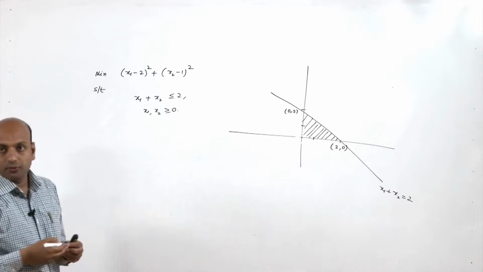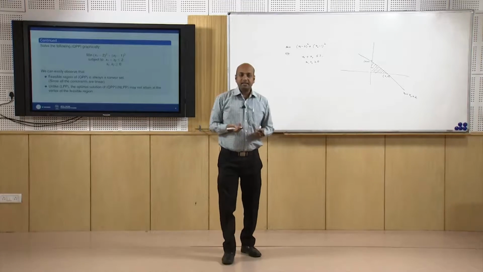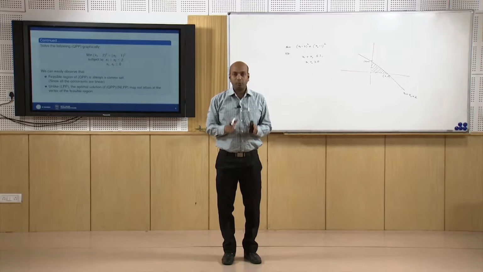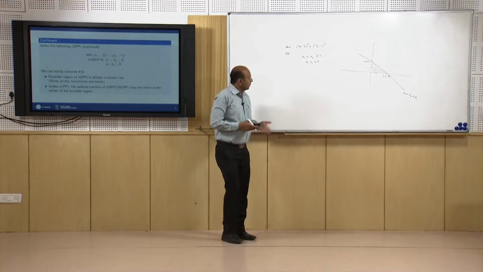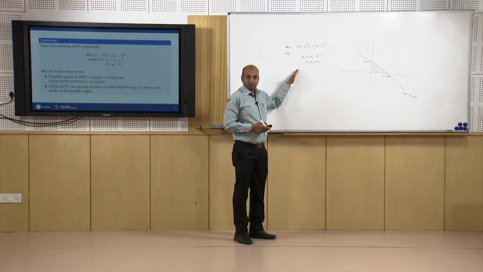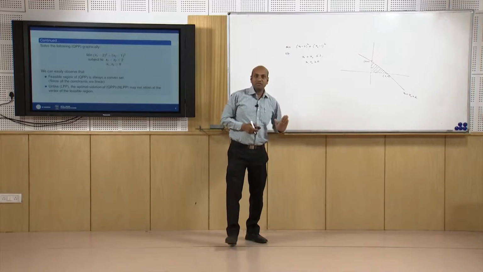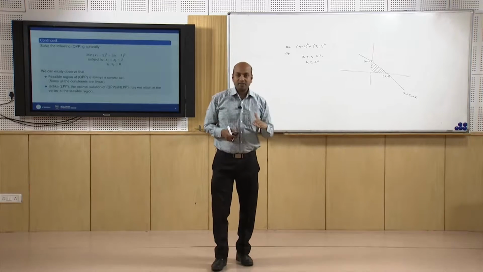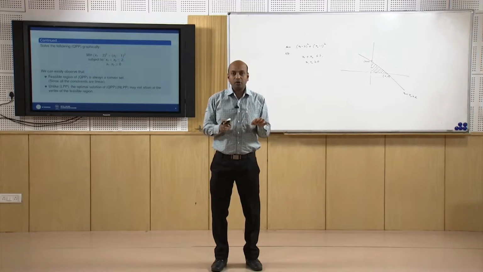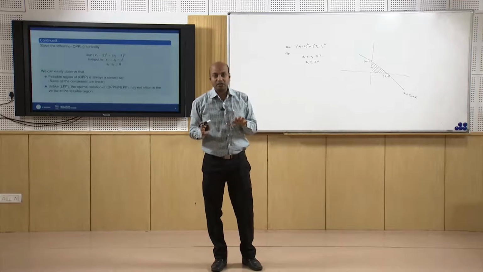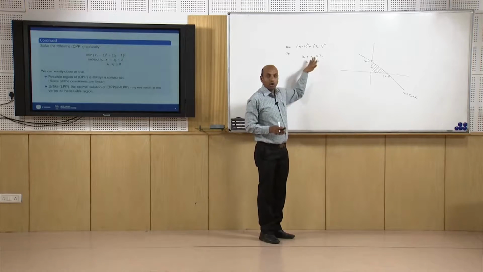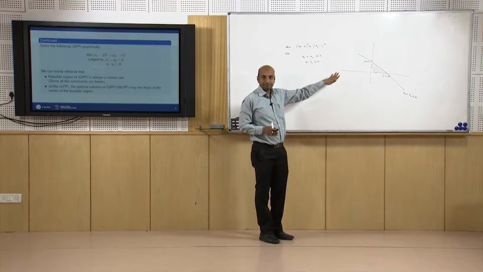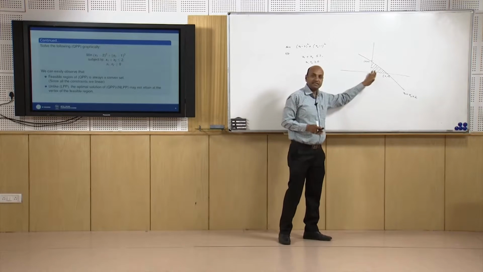This is a feasible region of this problem. So, we can easily see that the feasible region of a quadratic programming problem is always a convex set. Why? Because all the constraints are linear, so all the constraints are convex, and we have already seen that the set constituted by a collection of convex functions is a convex set. So, the feasible region of QPP is always a convex set. Okay. So, this we can easily see.